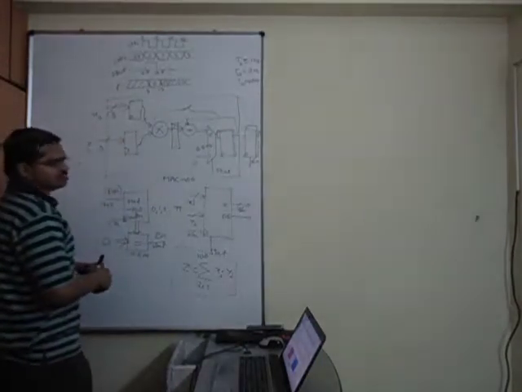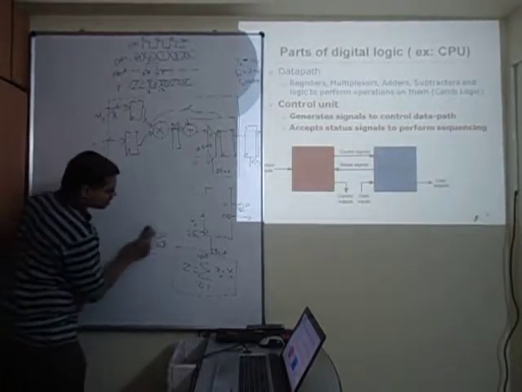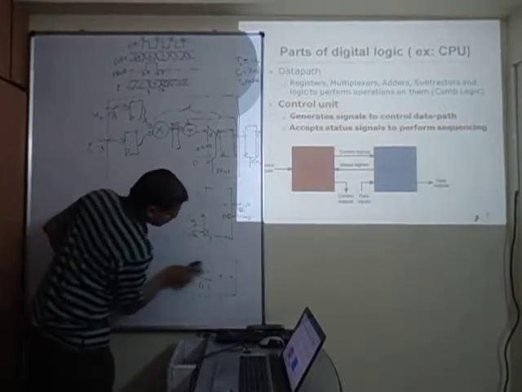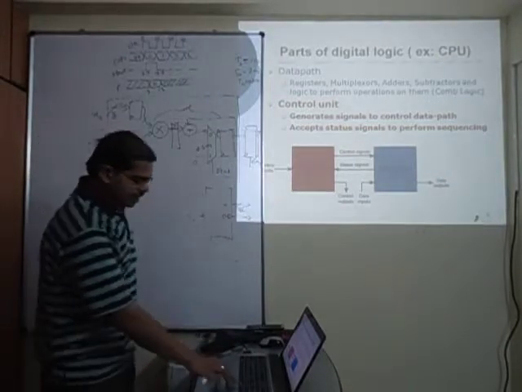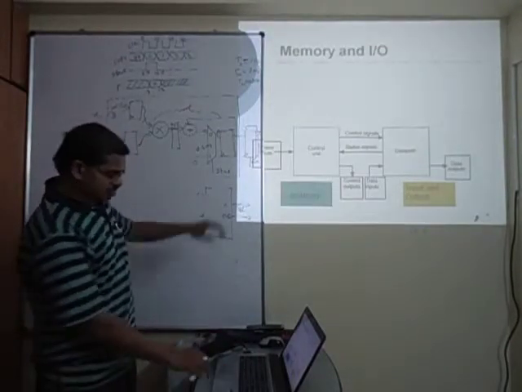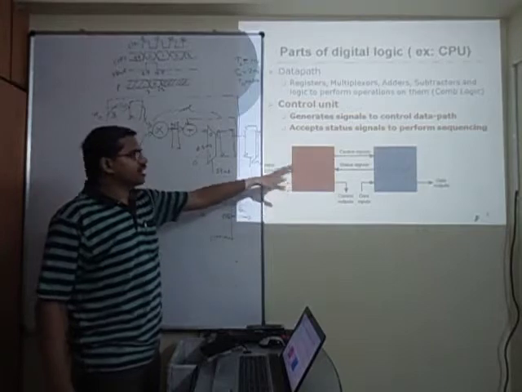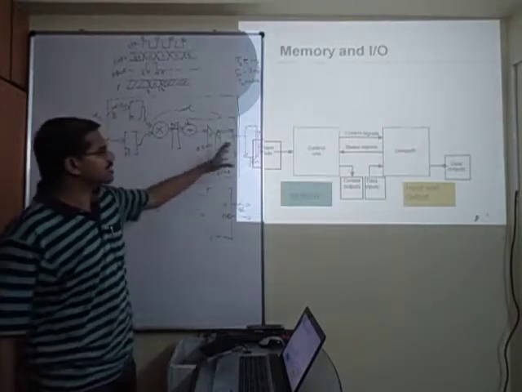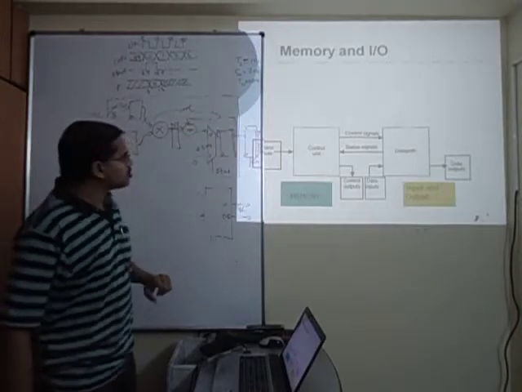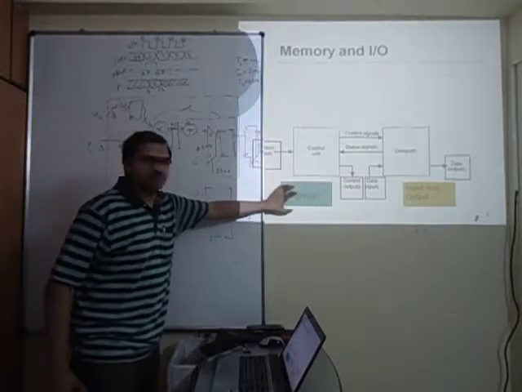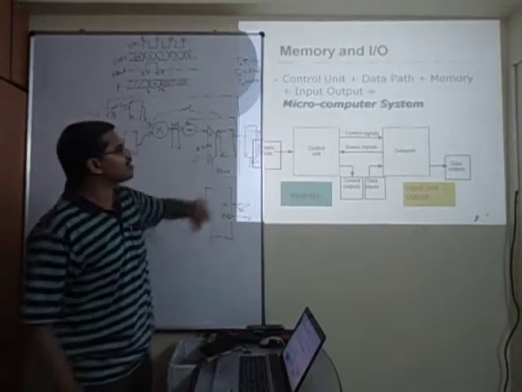Now going back to our discussion, when we are talking about implementing any circuit in the control data path style, what we are looking at is what we discussed before jumping into this example: we have a controller and a data path. The processor is a good example, but in a processor there are a little more complications, in the sense that you have memory, IO and so on. So the control unit gets control signals, there might be memory and additional input output blocks, but your basic design will not change.